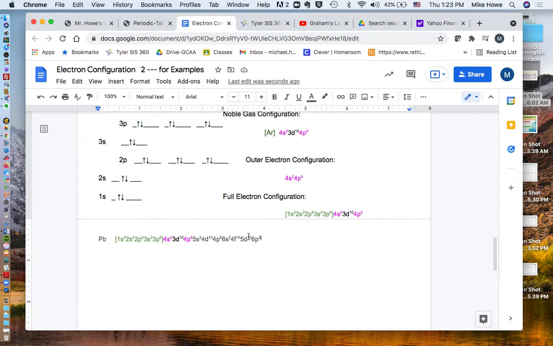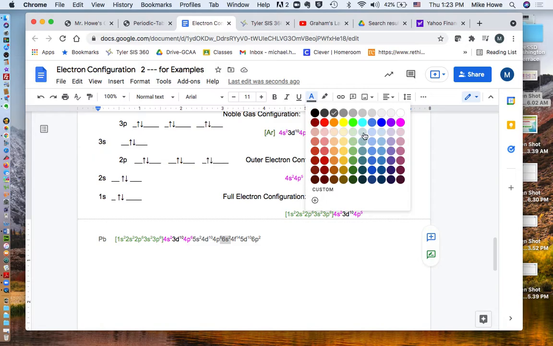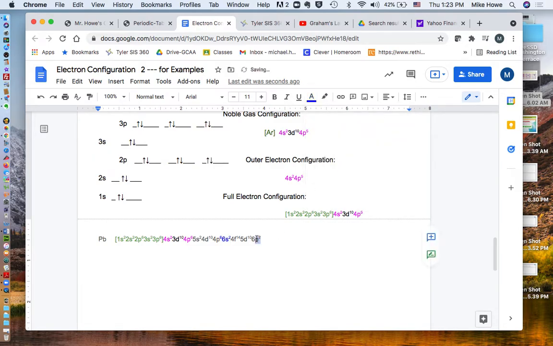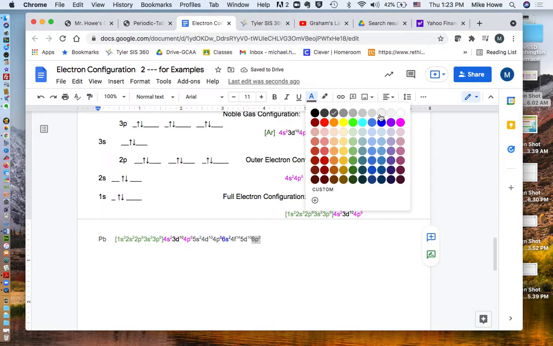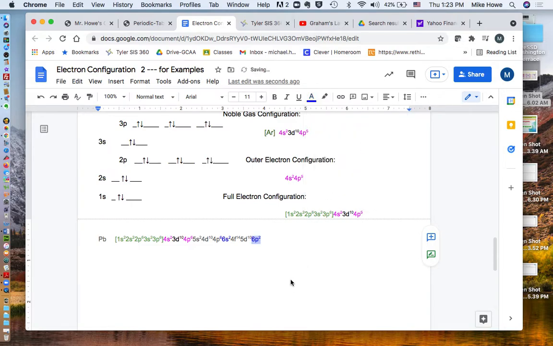Now, if I wanted to do the outer configuration, I look for the highest coefficients, and you'll notice it shows up here. So that's a high one, and this is a high one. So those two are the highest levels. So I'm going to come up here, I'm going to copy all this. I'm going to pop it right up in here. So we paste that in. Now we delete out what we don't need,